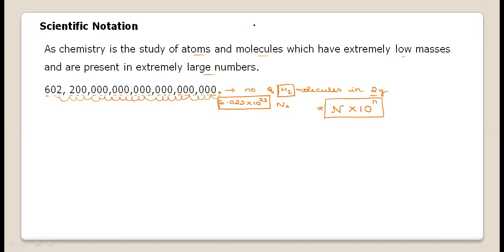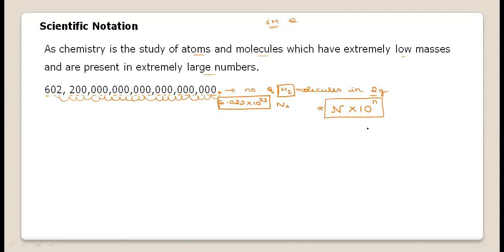So representing any number in the form of N into 10 to the power of n is called scientific notation. We will be getting numbers in the problems of calculations, in the unit, and they will ask this for a 1 mark question. They will give a number and ask you to represent it in scientific notation form. Here capital N is called a digit term, where the value of N lies between 1 to 9.9, and small n represents the exponential term, which may be a negative number, 0, or a positive value. But the digit term's value should lie between 1 to 9.99.